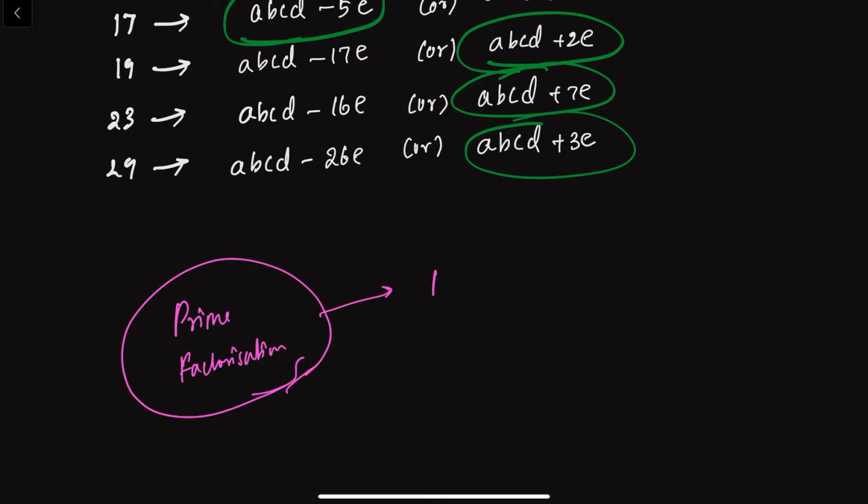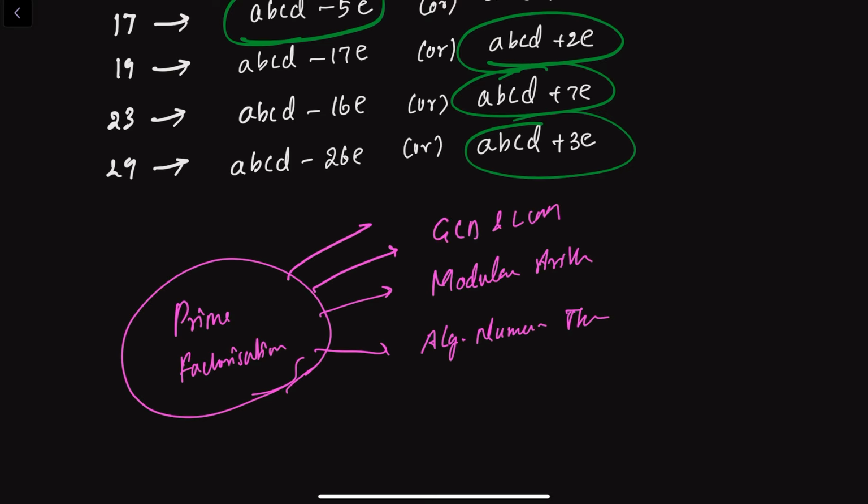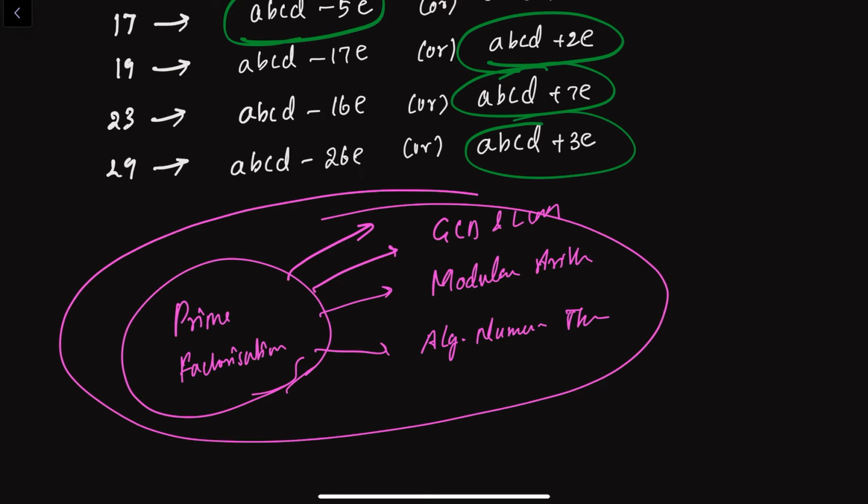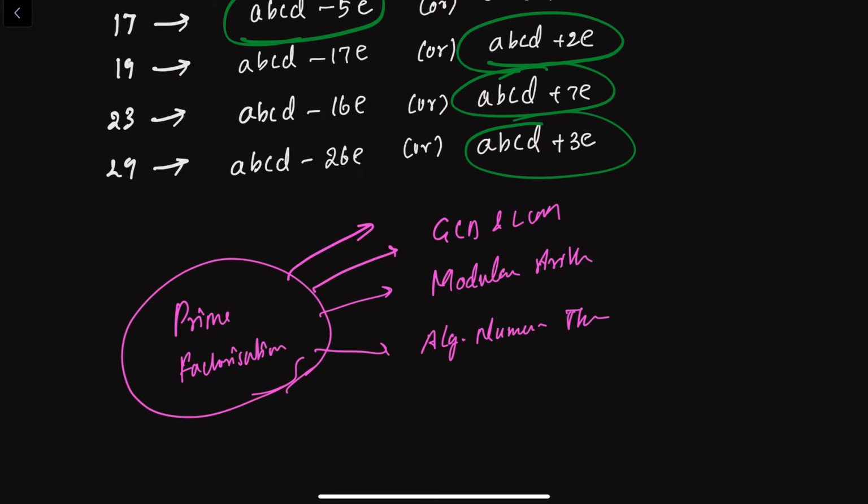Whether it is modular arithmetic, algebraic number theory, finding GCD and LCM, solving problems using Legendre's formula, or finding the number of factors and sum of factors, prime factorization is the core. So for doing prime factorization, we can